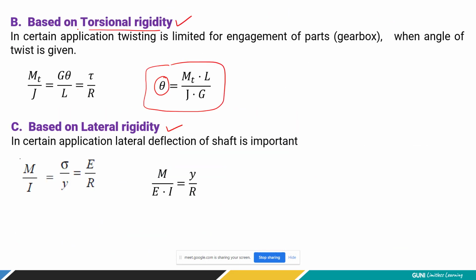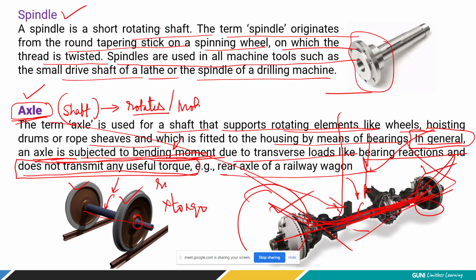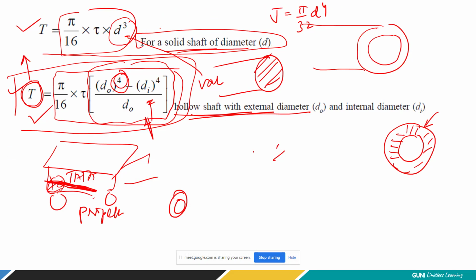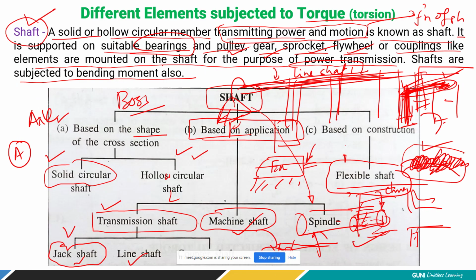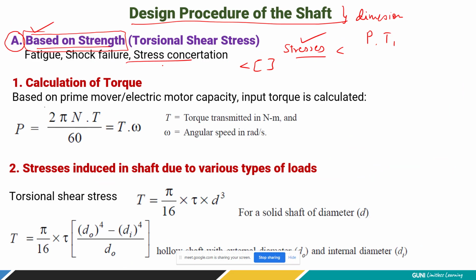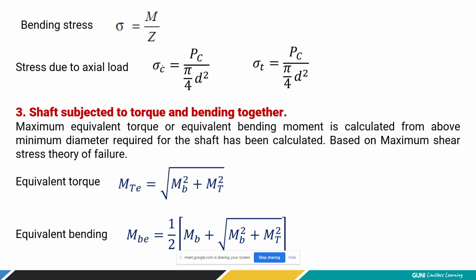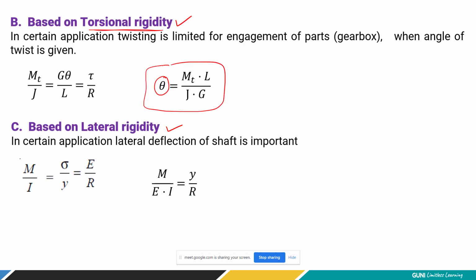But in case of the second option, based on torsional rigidity, where if you consider the shaft, let's say we are turning it, right? So because of turning, there going to be some distortion, right? So this distortion is in terms of, or deflection in terms of angle. So in certain application, let's say spindle, so it's a very crucial component where the slight angular deformation is permitted, but beyond that it is not permitted. Hence, that design will be considered based on torsional rigidity, where we'll simply focus on the angular deviations, right? So this is the equation for that.